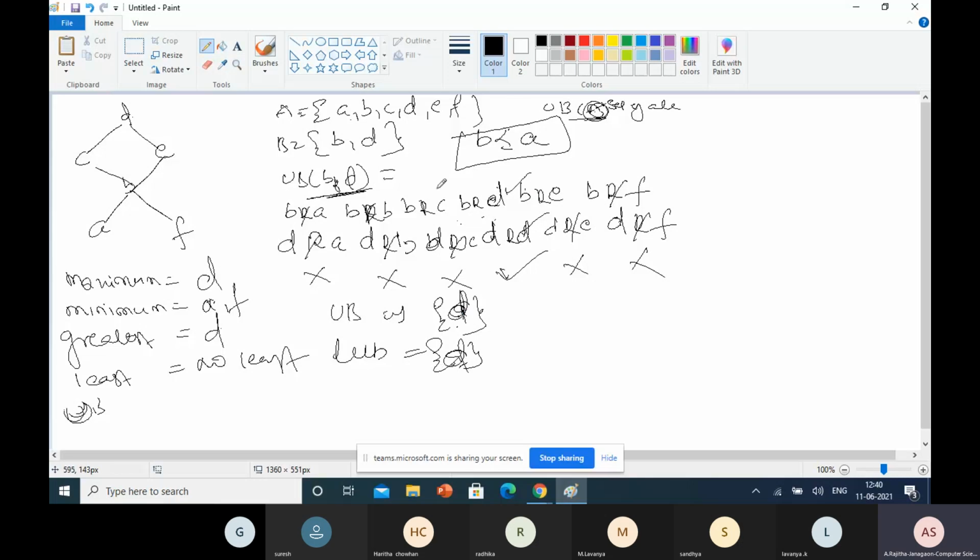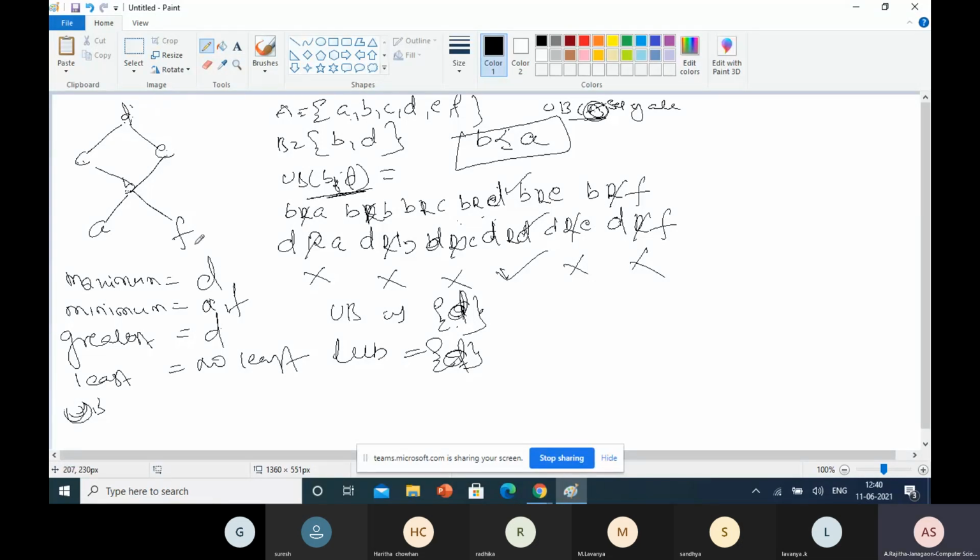You can check like this, or you can check directly from the diagram. Here B to C, C to D is there, and B to E, D to E is there. So for both of these two, the upper bound is this one. For D there is no upward edge, so D relates only to D. In both cases D is the only upper bound. Here the upper bound is only one element, so that is the LUB.